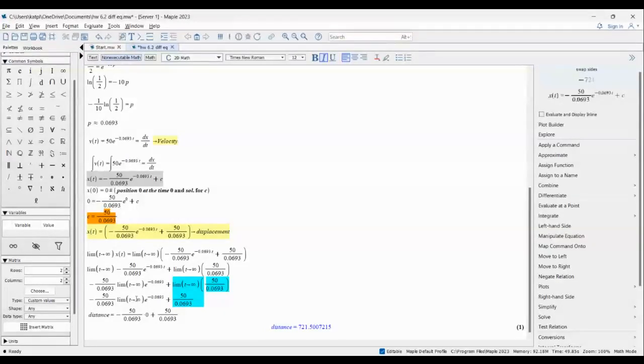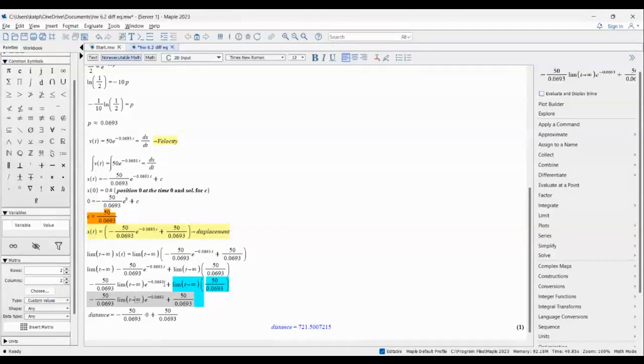Wait, I'm missing a t here. I'm sorry. Let me add it so it would make sense. So when you plug in infinity for t, you have the exponential to the power of negative infinity, which equals 0. So we would have negative 50 over 0.0693 times 0, which is 0, plus